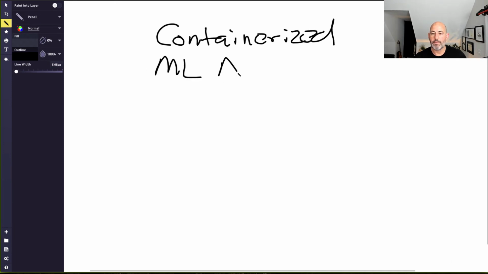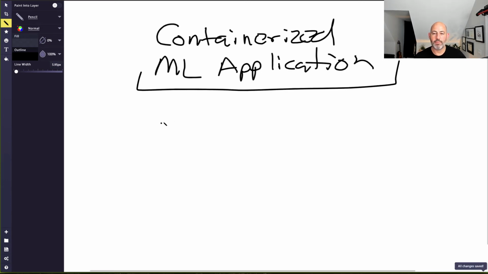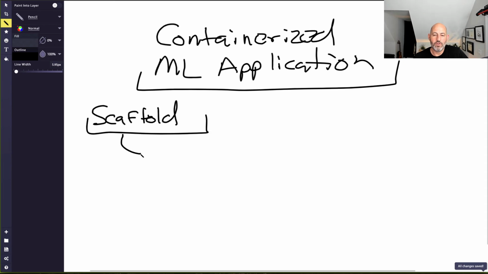ML application. So in a containerized ML application, what are the pieces that we would need, especially in Python? We can think about the scaffold again here, and the pieces generally would be that you again would have,